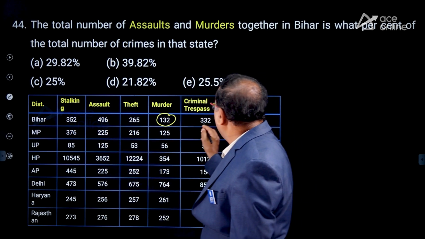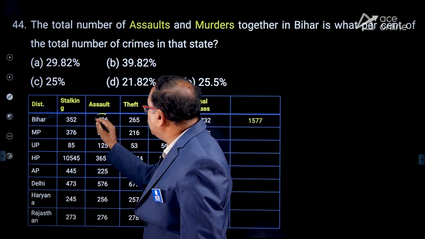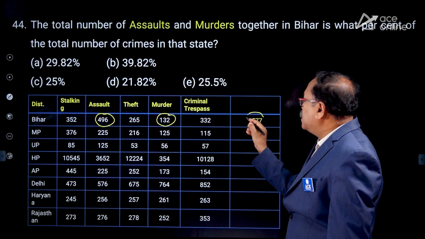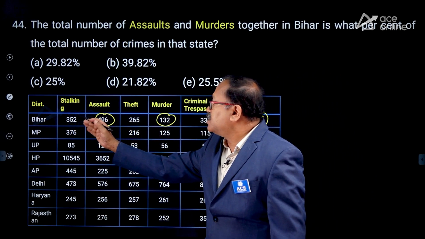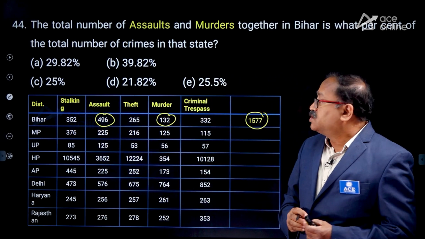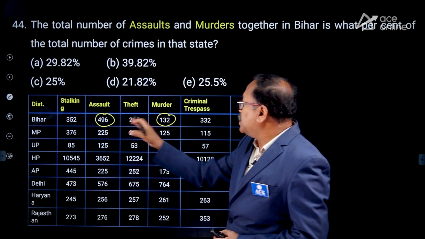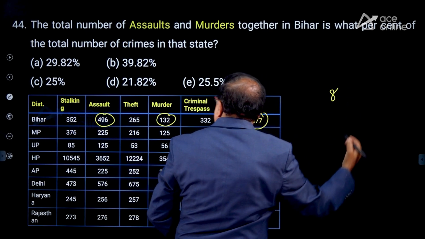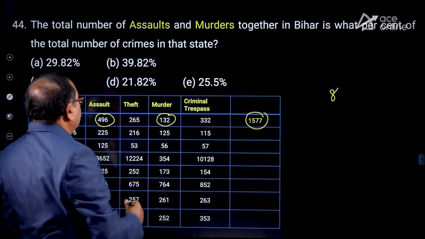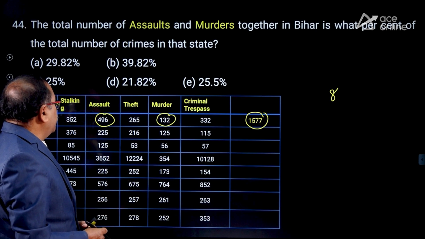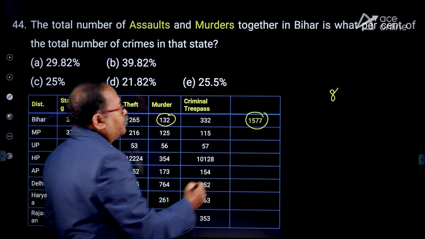What about the murder and assault? Assault is what percentage of the total number of crimes in the state? So I just have to take the total of it, and that will be my denominator. So let's work out what this total will be. That is 2 plus 6, which is 8, and here 13, 49, 59, and 62